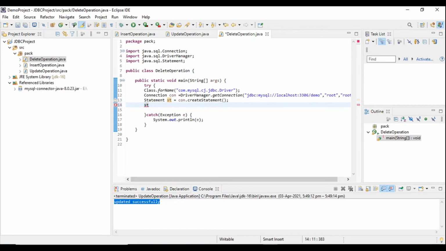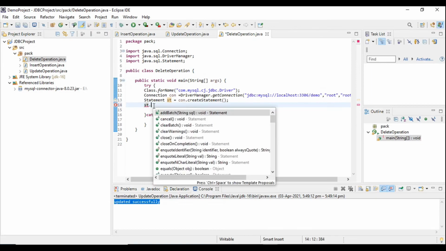Now I will call executeUpdate method for delete operation.